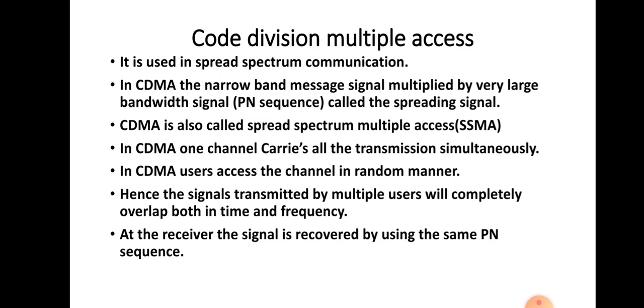And this technique is used in the case of spread spectrum communication. We have seen spread spectrum communication. What is the process going on in spread spectrum communication? In that case, the message signal will be a narrow band signal, and a wideband signal, that is a pseudo noise code signal, PN code signal, will be multiplying that message signal. As a result, the narrow band message signal will become a wideband signal. That means the message signal will be spread. That is by the multiplication with a PN sequence, and this PN sequence is called a spreading signal. That will spread the message signal.